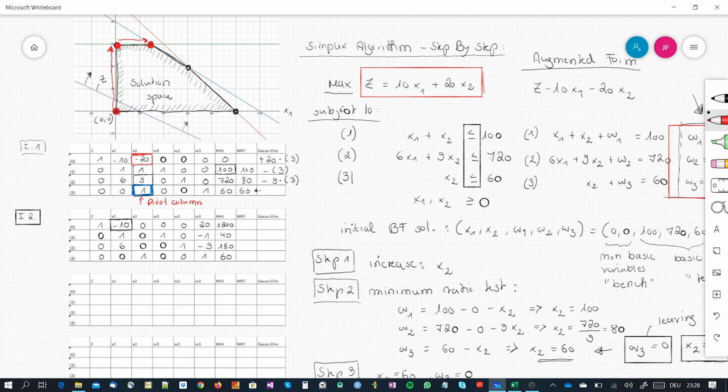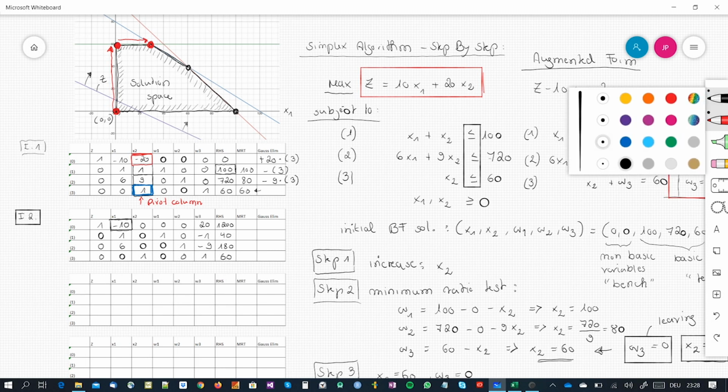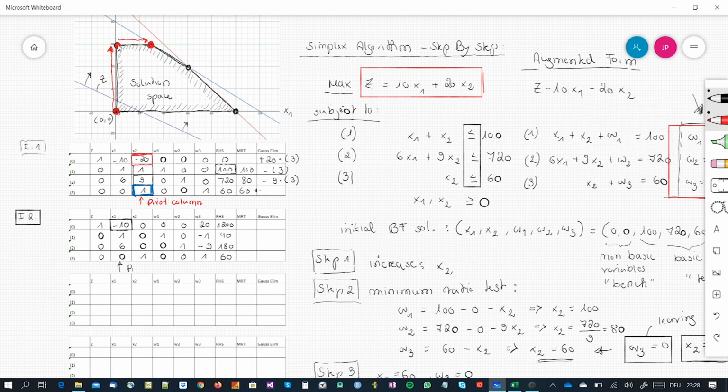So we can in fact still improve our objective function value by increasing one of the decision variables. So once again, we define our pivot